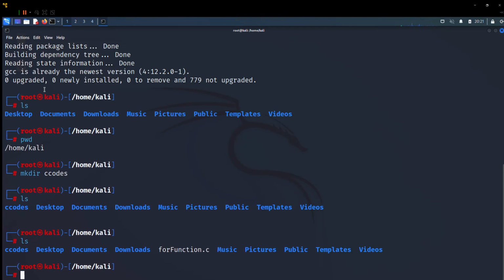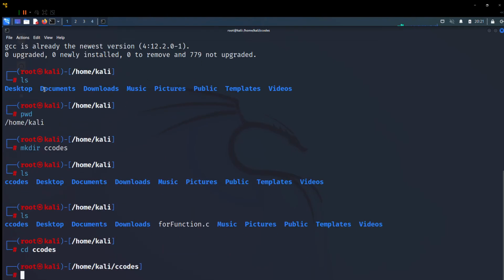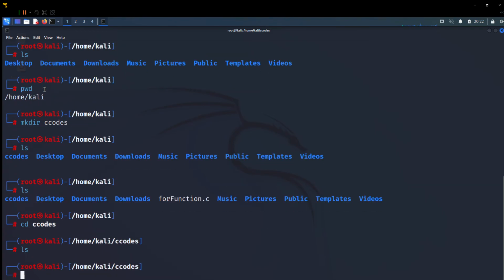So what we can do is change directory to C codes, because I believe we're in the home directory right now. We'll type in cd C codes. This should move us to that directory. So now it tells us we're in /home/kali/C codes. You can see that we moved from the home directory to the C codes directory. So if I type in ls again,